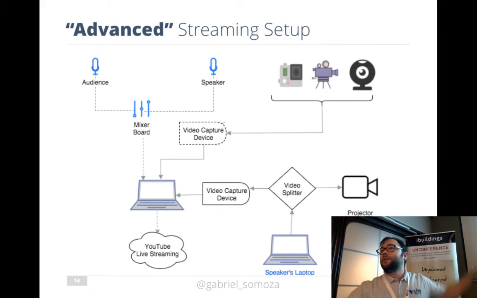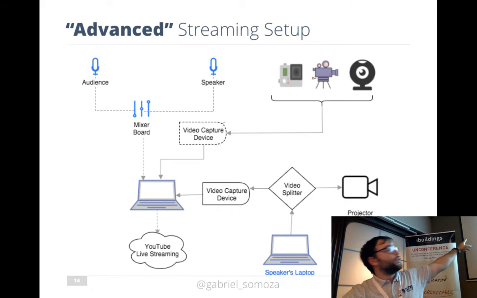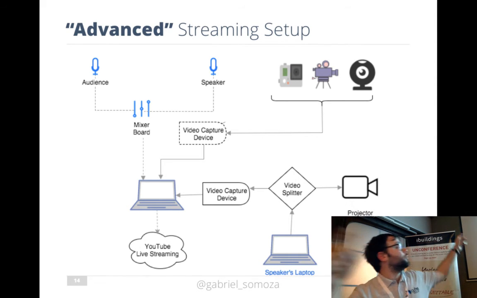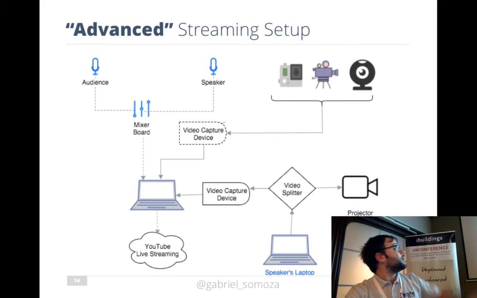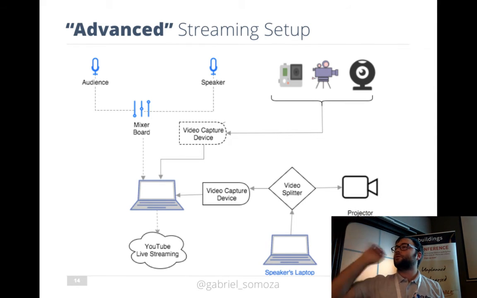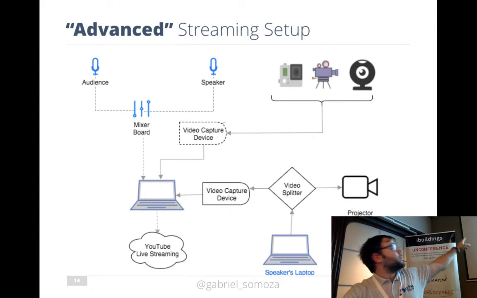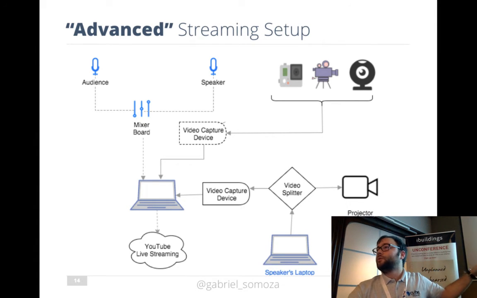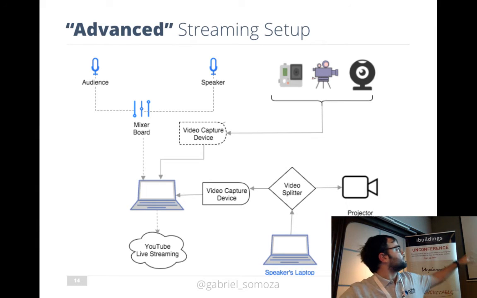Okay, so we could have the condenser microphone in the middle of the table. We could have a mixer board to mix the audio of both microphones. Speaker microphone, that's something the speaker holds or that goes on a stand. The mixer board connects through USB, in my case, to the computer, so I just get an audio input source on OBS, really simple. And for the video of the speaker, you can use a GoPro that goes into a video capture device. You could use just a video camera that goes into a video capture device. And if you don't want to buy a video capture device, you could just use a webcam. And I think that's most of the time enough.